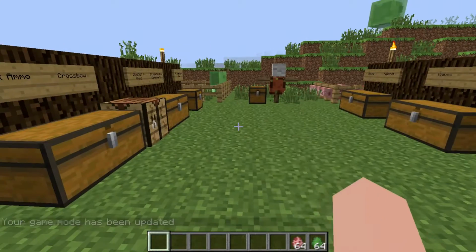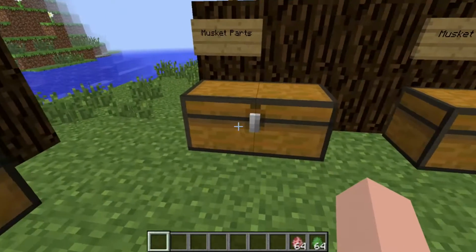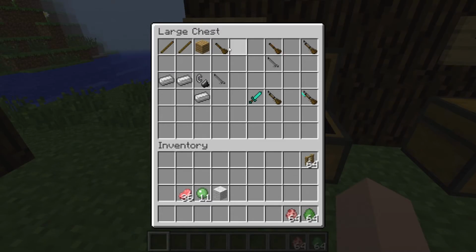So now into more of the guns. To make a musket, you'll need certain parts. You'll need a gun stock and a musket barrel. These are both fairly cheap. You'll just need a couple. You'll need 4 iron altogether and a piece of flint, and you'll need a couple sticks and 1 block of oak wood planks, and that'll create the gun stock and musket barrel, and then you put them together simply to